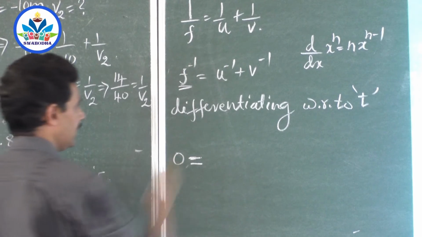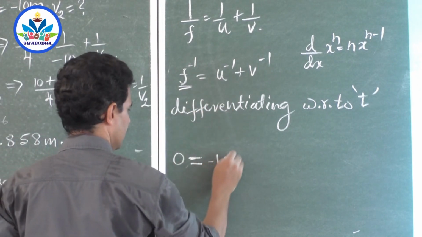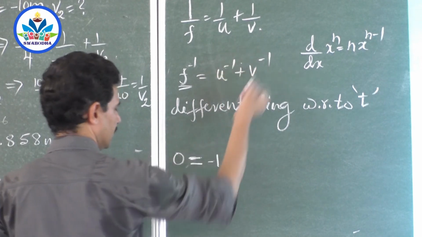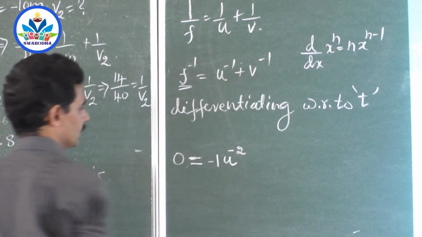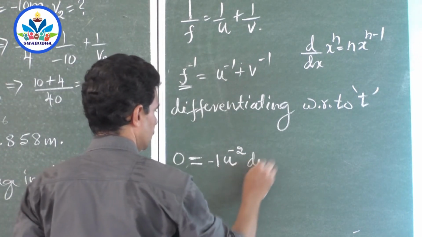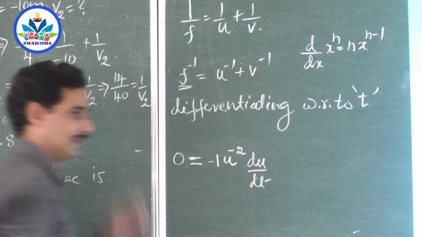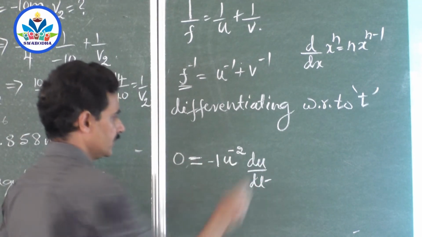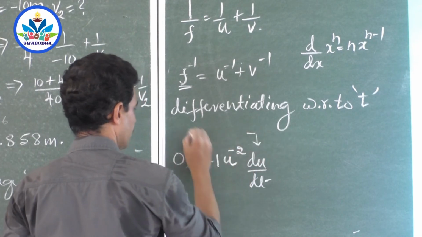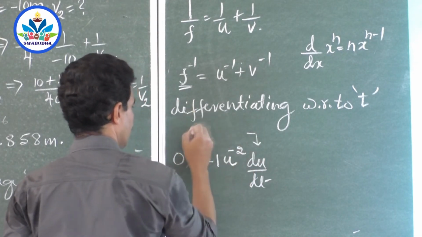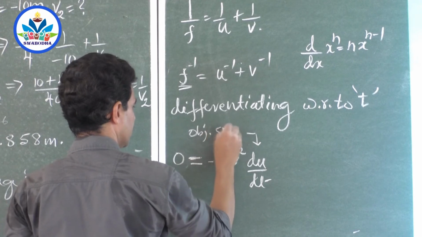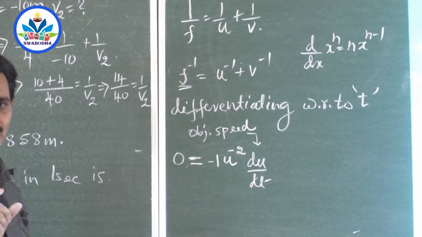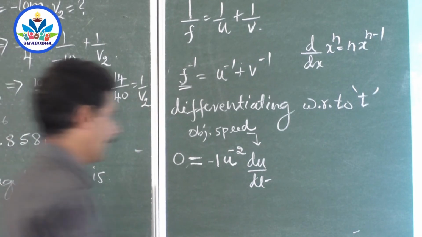It's a constant. So what about this one? n x to the power n minus 1 minus 1, minus 1, n minus 1 minus 2, into du by dt. What is du by dt? Change in object distance with the time. That means it is the velocity of the object. So shall I write it here? It is the velocity of object, or object speed I will write, object speed. Because u is the object distance. Change in object distance with respect to time, du by dt.